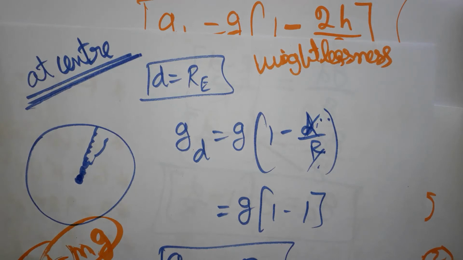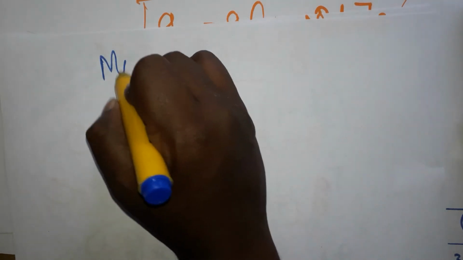Okay. The next thing we are going to learn, in the upcoming videos, is the difference between mass and weight. Then orbital velocity, escape velocity, potential, gravitational potential energy and gravitational potential. These are the remaining topics we are going to discuss. Before that, we will learn what is the difference between mass and weight.